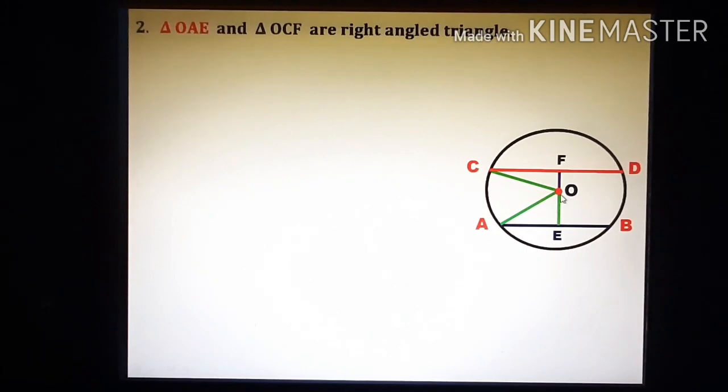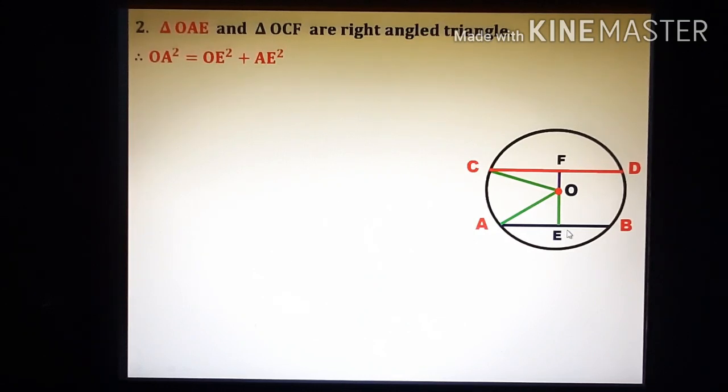Why? Because OE is perpendicular to AB, therefore it is 90 degree. OF perpendicular to CD, therefore this one is also 90 degree. Okay my dear, as this one is 90 degree, therefore OC will be the hypotenuse. So OC square equal to CF square and OF square. My dear, here also we can write OA square is equal to OE square plus AE square